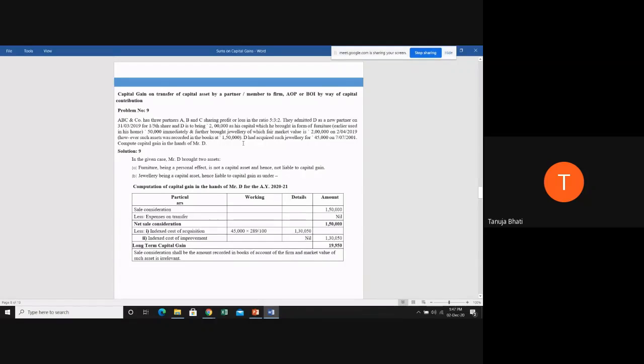So by this problem, you all should be able to identify that this is a capital gain provision, where you have to see that it is a contribution by the partner into the firm. So tell me, students, for furniture, will it be liable to capital gain tax? If he's bringing his personal furniture into the business, will it be liable to capital gain tax? No, ma'am. Because see here, capital gain on transfer of capital asset by a partner to the firm. Now, the capital asset definition does